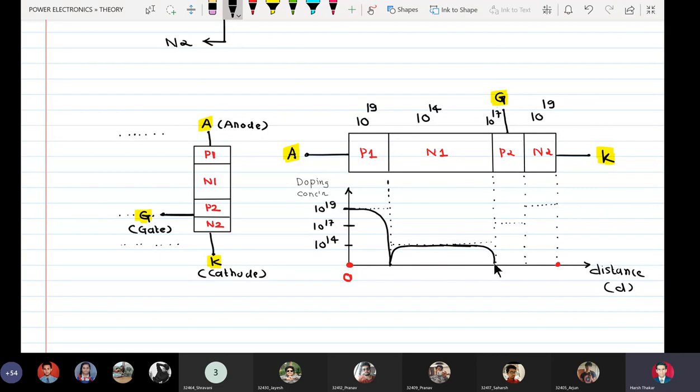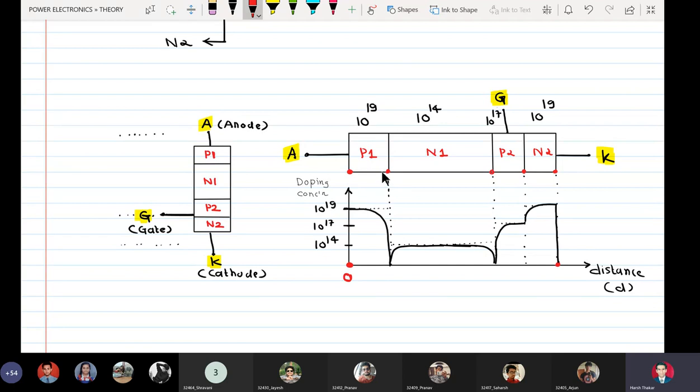Goes down like this. It jumps to 10 raised to 17 in this fashion, and then it jumps like this, and then it comes down. Why? Because we know that beyond this point there is no device. So the device ends at this point. So I'll also mark the starting point. The starting point of the device is here, ending point is here. So second marker, third marker, fourth marker.